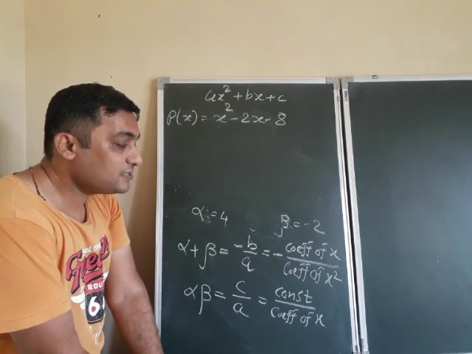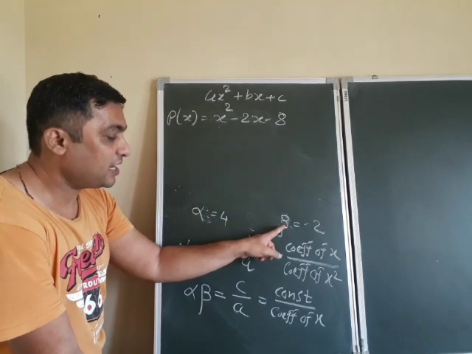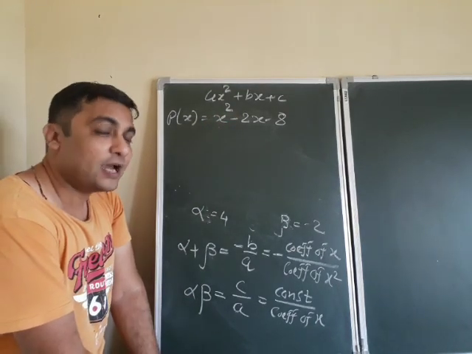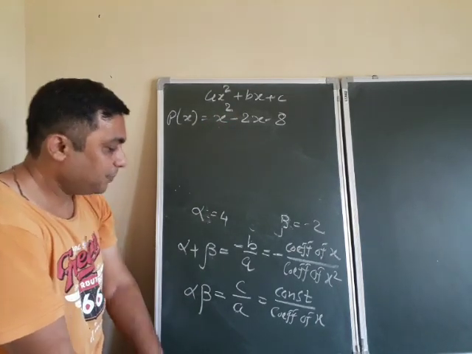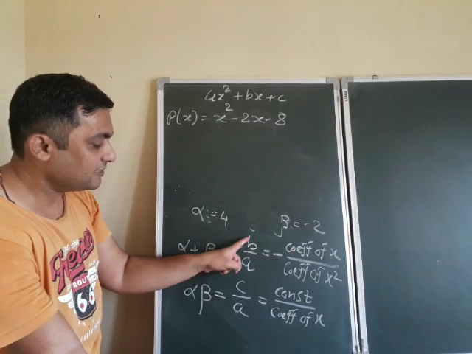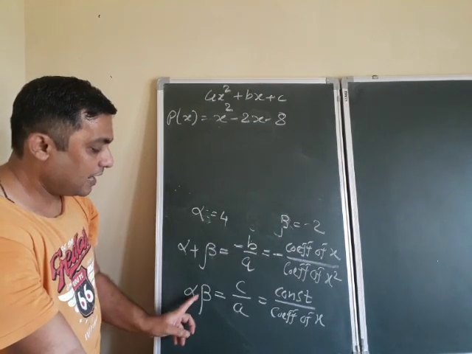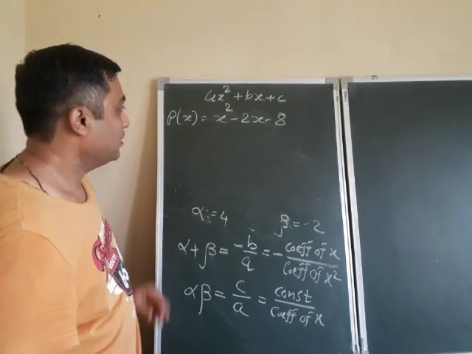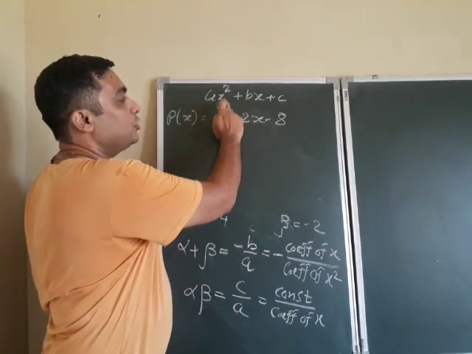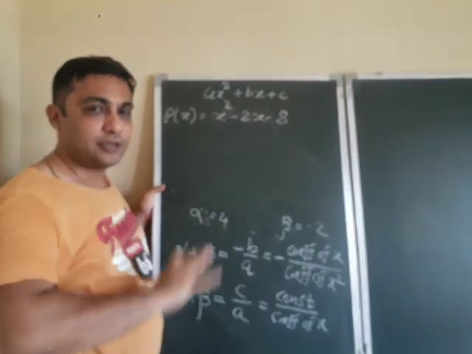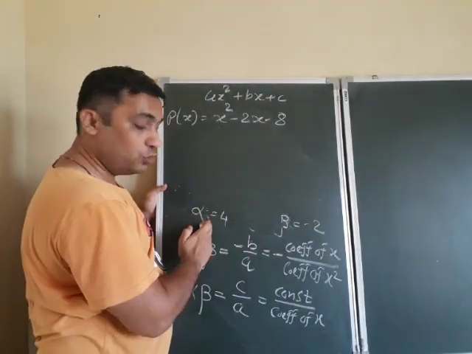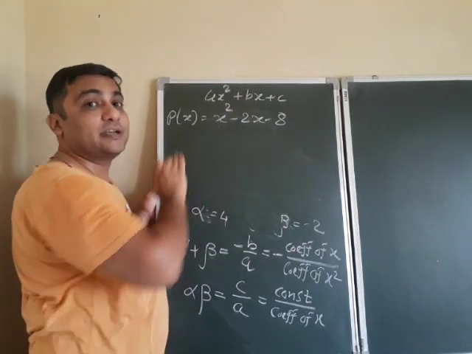So mathematicians think in this way. If the roots are given and you need to find this polynomial, look at how you can do that. See, first of all, alpha plus beta is minus b by a, and alpha into beta is equal to c by a. Is that clear? Fine. Now the polynomial is noted as ax square plus bx plus c. So let's give some theoretical background. Okay, from these roots, how can we find this quadratic equation?